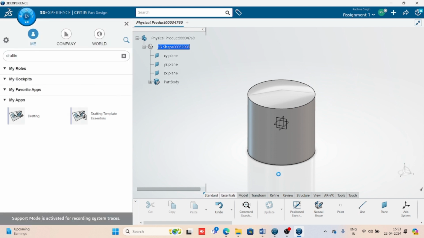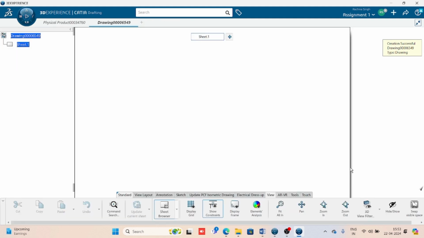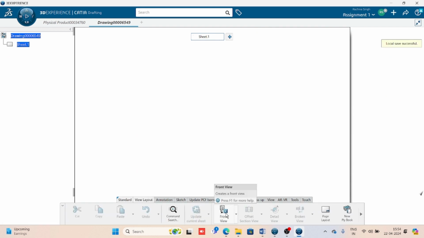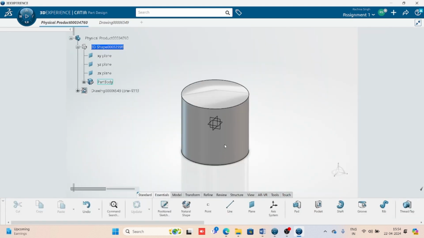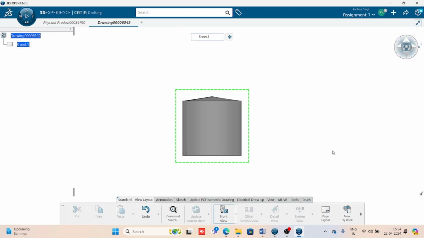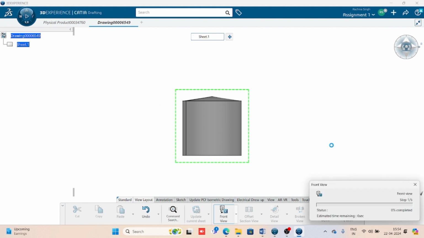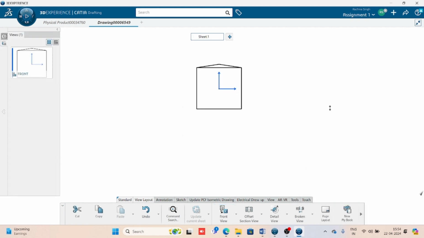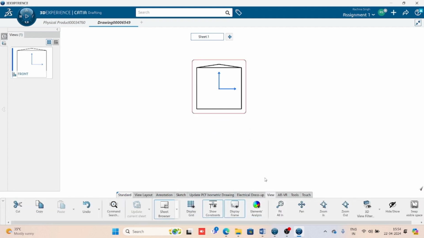Now come to the view layout and front view. Select any plane you want. Clear? And click. Now you can see that my view